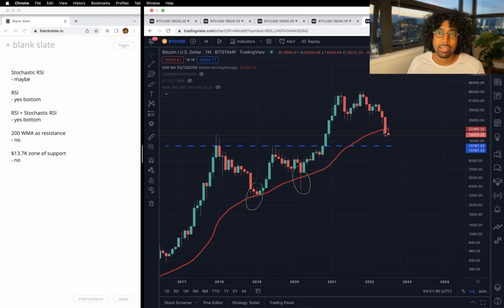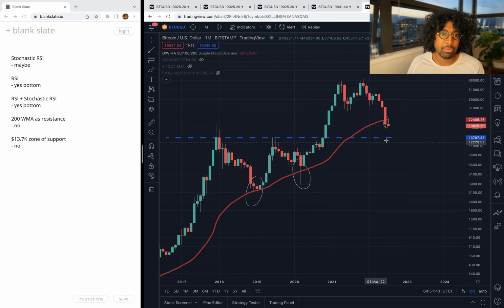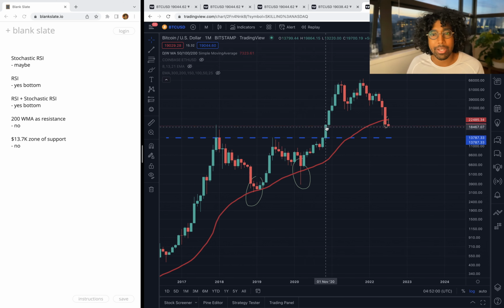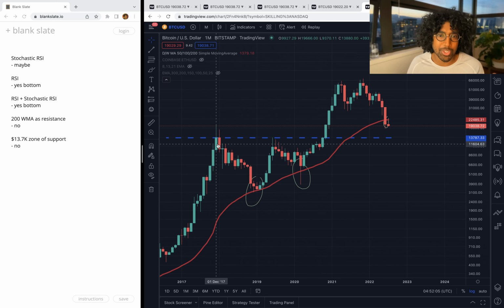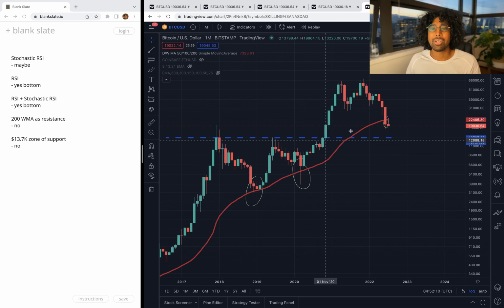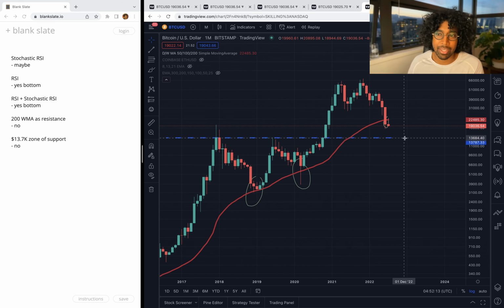And then finally, if we look at the 13.75K zone of support, which is actually solid, it's actual candle bodies, some wicks, and another candle body over 3 years, versus this singular line. Oh my god, it's a singular line. It's one little wick and a second little wick. Maybe this candle body you can consider some support. It's two things over 3 years versus quite a bit more. Two candle bodies, 3 wicks and another candle body. I'm not sure. In this case, I would say we're going down to 13.75K. Can we go down to the 9 like some people are saying?